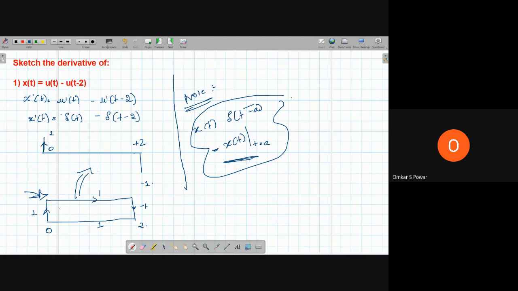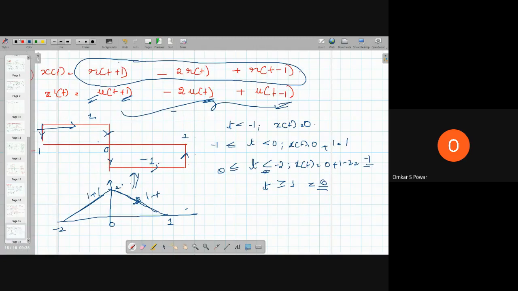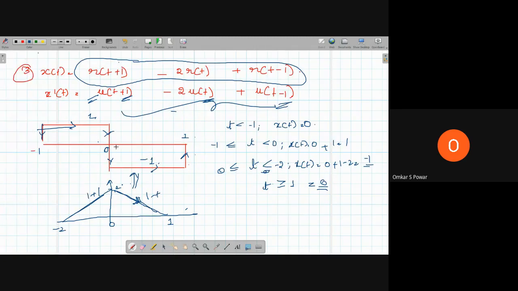So for a rising edge, at 0 you are getting this one, then from here to here it is constant, it is 0. Then for a decreasing edge, you are getting a minus delta, like minus 1. This you have to observe. And for the ramp, for the rising slope plus, and for the decreasing slope minus. So we need not write the equation every time for solving the problem.